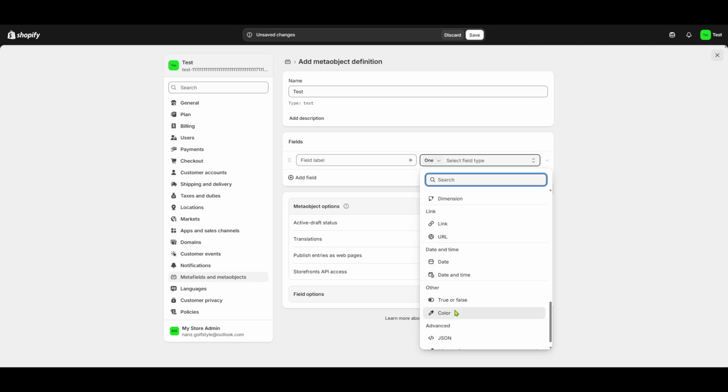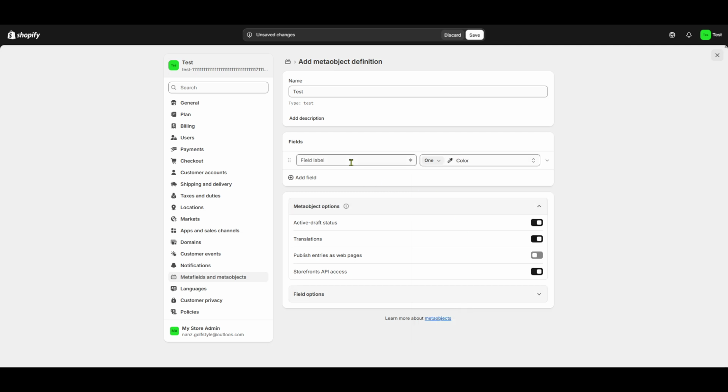By choosing color, you enable your store to incorporate a dynamic and visually appealing selection interface, greatly enhancing the user experience as customers can visually identify products in the color of their choice, without navigating away from the page or clicking additional options. In wrapping up, these steps will significantly enhance the usability and aesthetics of your Shopify store.